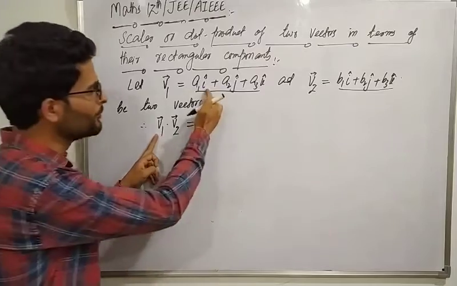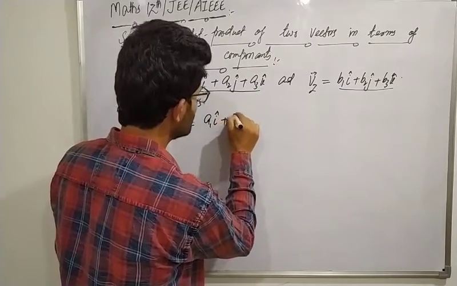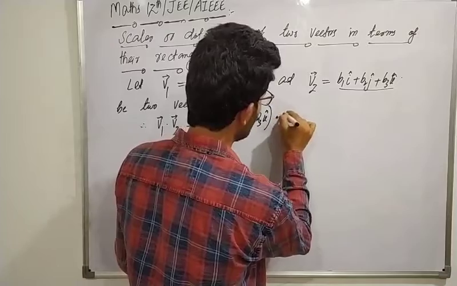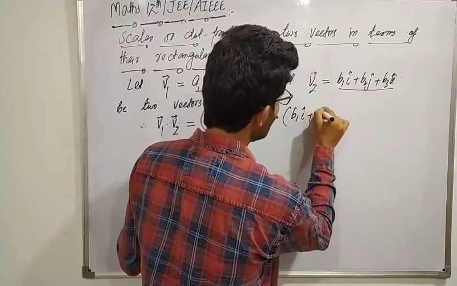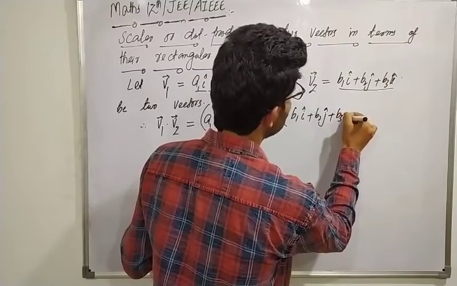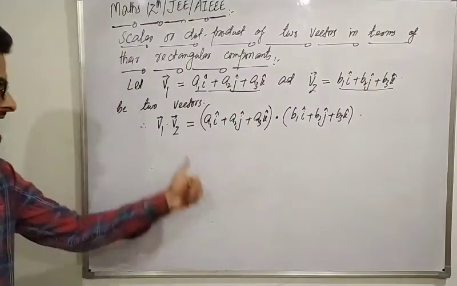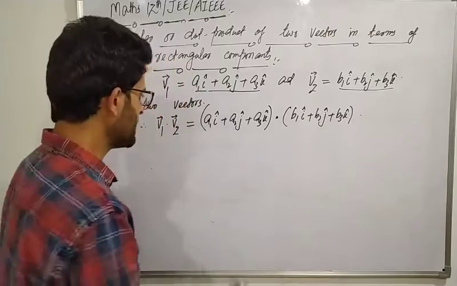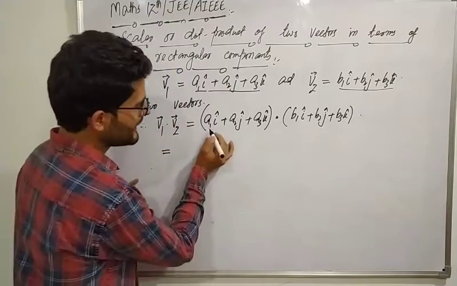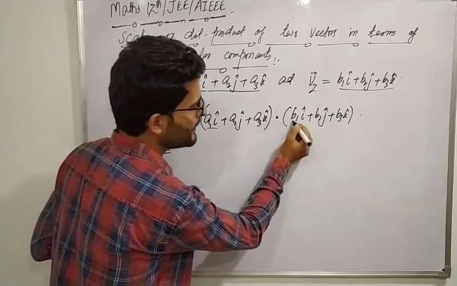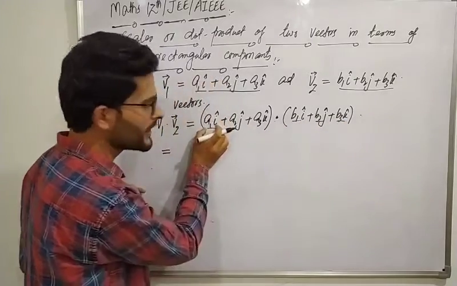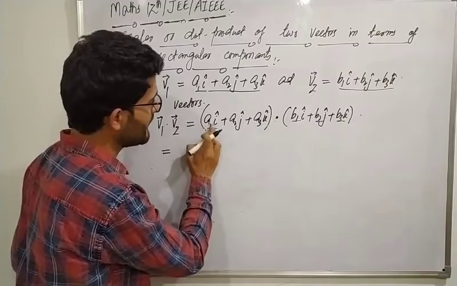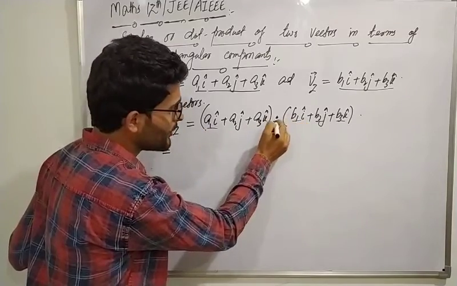v1 का अपना वैल्यू पुट कर दो, क्या आएगा, a1i प्लस a2j प्लस a3k, इसका डॉट कर दो किसके साथ, v2 के साथ, that has been expressed as b1i प्लस b2j प्लस b3k। कुछ नहीं किया, v1 का अपना वैल्यू पुट कर दिया which has been expressed in terms of its components, और v2 का भी अपना वैल्यू यहां पे पुट कर दिया। सो that must be equal to, पहले ये पहला कंपोनेंट a1i, इससे डॉट होगा b1i को भी, b2j को भी, b3k, यानी पहले हम डॉट करेंगे a1i से, बाद में a2j से, और बाद में a3k से डॉट करेंगे।